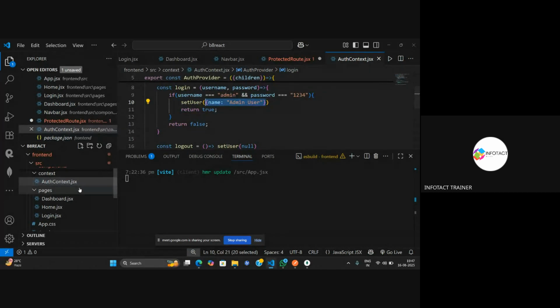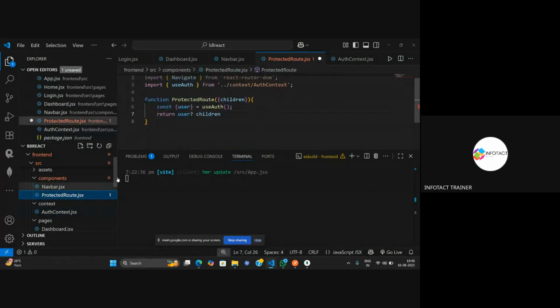That is why inside this protected route.js, we are writing children over here. And if the user is correct, then what will it provide? It is going to provide welcome, then name, and the user is admin. All the data present inside the children will be shown if there is any data present inside the user. And if the user is null, then it is going to provide